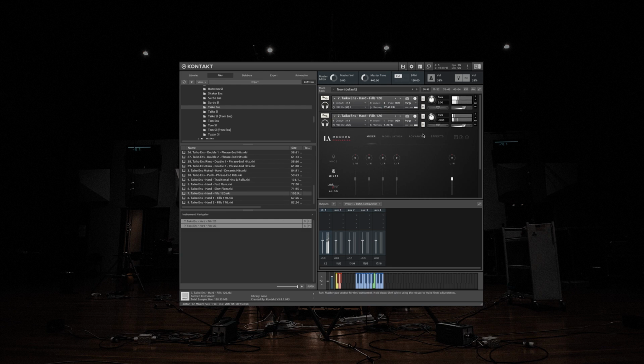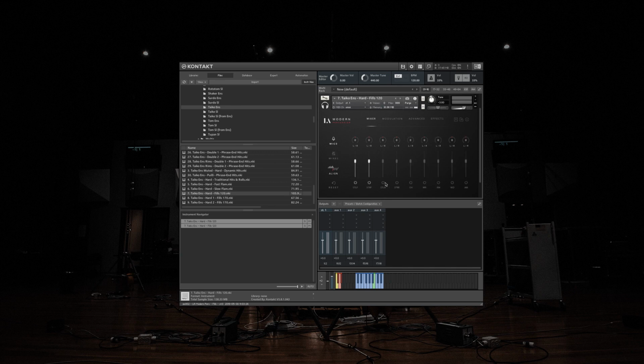So say we take this one and just do some of the close mics. Sounds a little bit woolly. So let's pull out some of the low mids and maybe boost some of